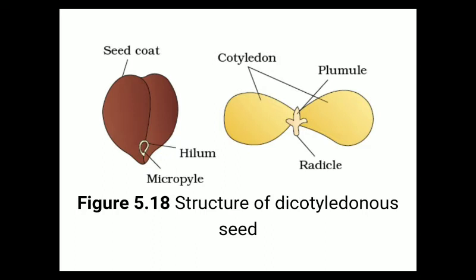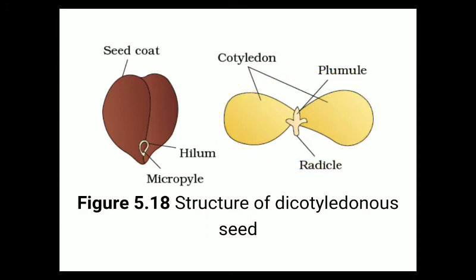So what are the different parts of seed? In the previous video we discussed that seed consists of two parts. The first one is the seed coat and the second part is the embryo, and this embryo also consists of different parts. This brownish structure is the seed coat which encloses the embryo. The embryo remains present inside the seed coat. This entire structure represents the embryo.